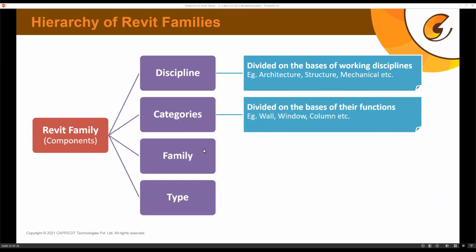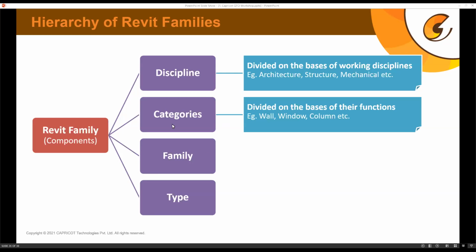All those walls will fall under the same category. Although their functions are kind of similar, their shapes, their sizes, and their construction methodologies are different. Similarly, another example, which is, I think, more relatable: columns. If I talk about columns in Revit, all types of structural columns fall under the same category. Although the construction methodology of a concrete column is way different than any steel column. So there will be a steel column, a concrete column, and maybe a wooden column, they all fall under the same category because they serve the same function.